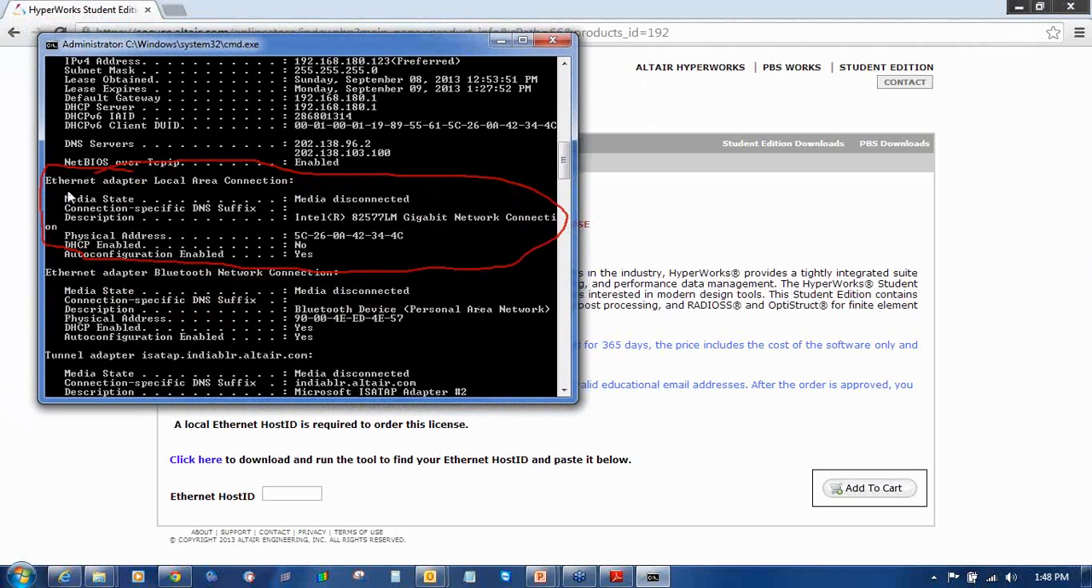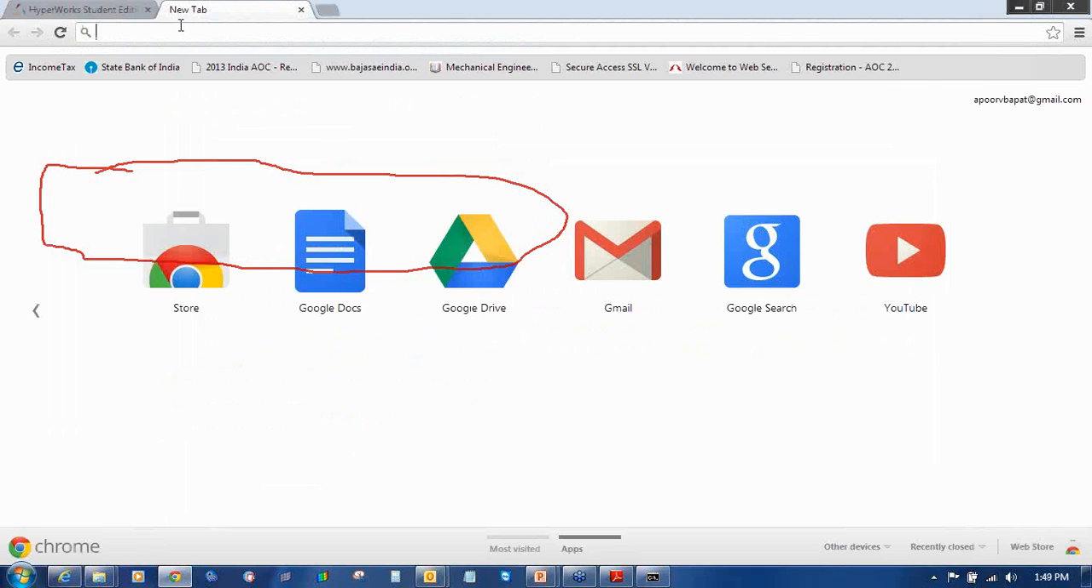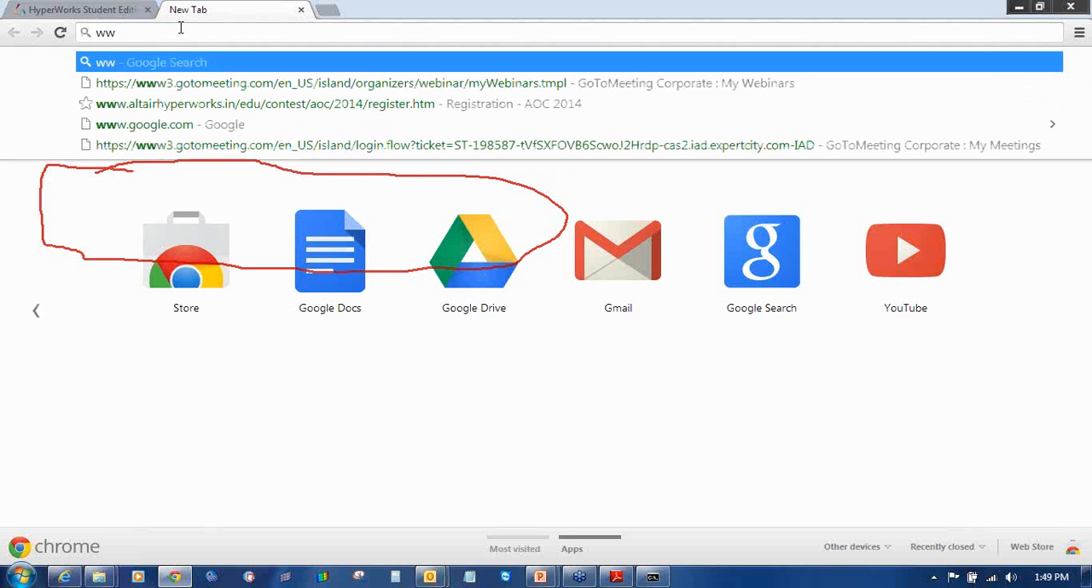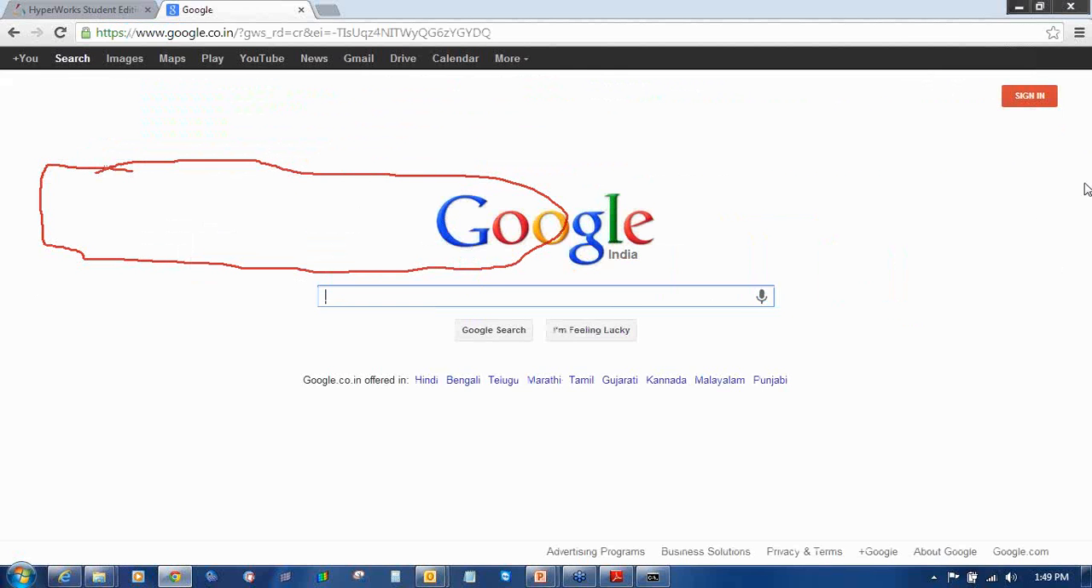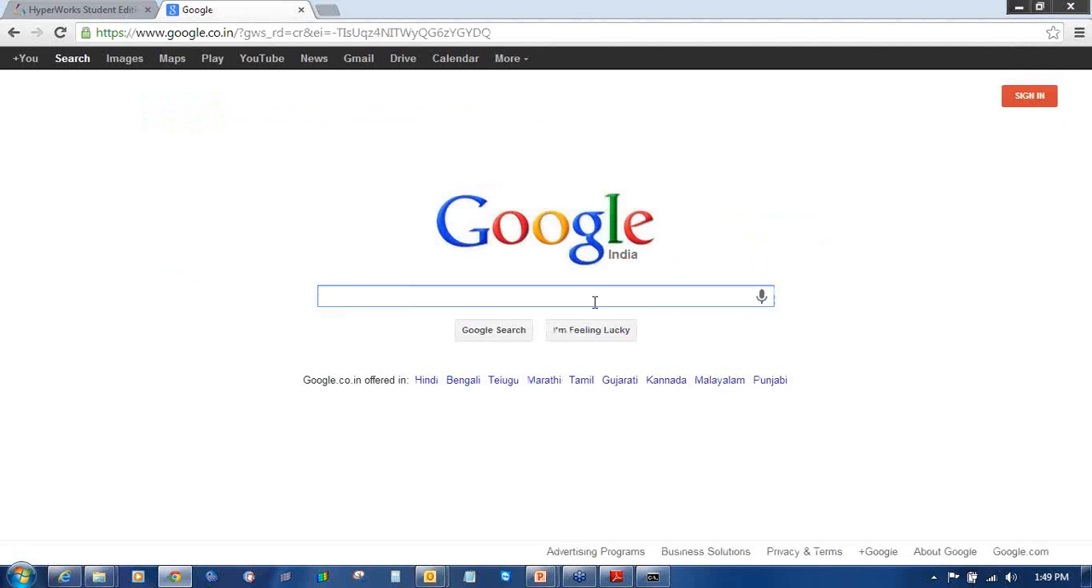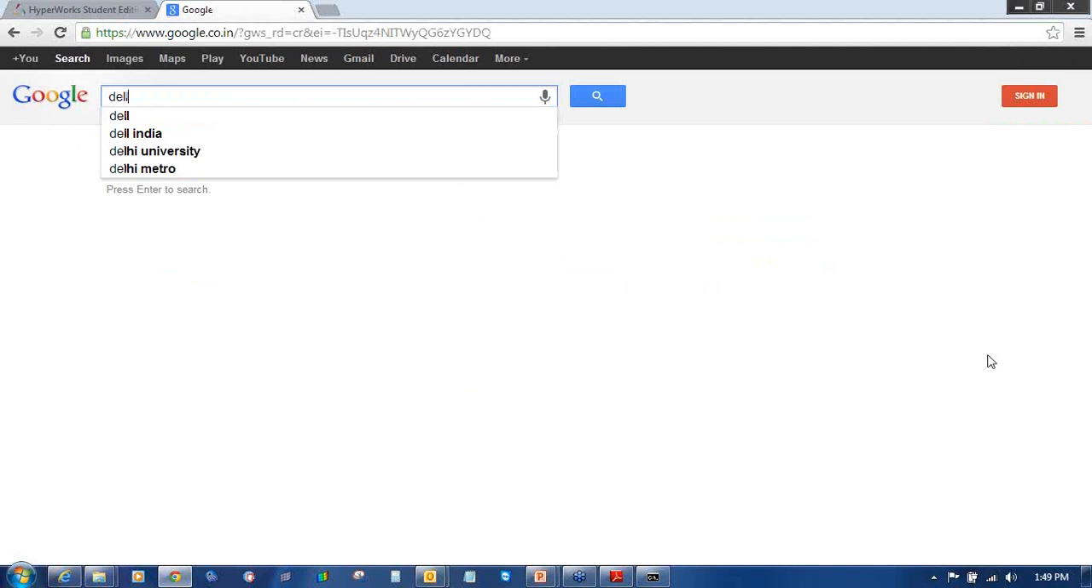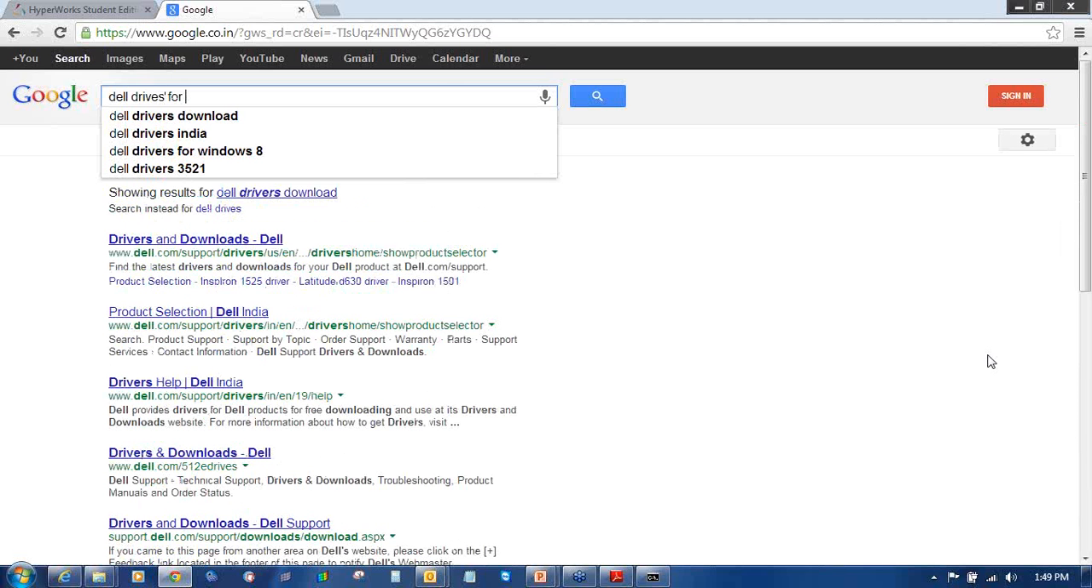If you are not getting Ethernet adapter local area connection, that means the LAN drivers are not installed. So whatsoever company's machine you are using, if you go to that company's website, you will find the drivers for that particular machine. Say for example, I will quickly go to Google again to just show you how to find the drivers for your machine. Like I am using the Dell machine, so Dell drivers for Windows 7